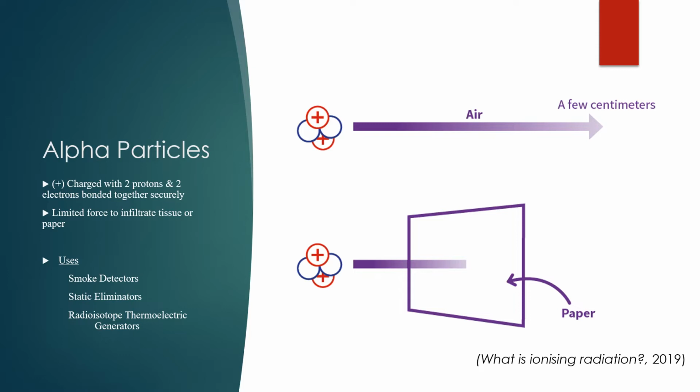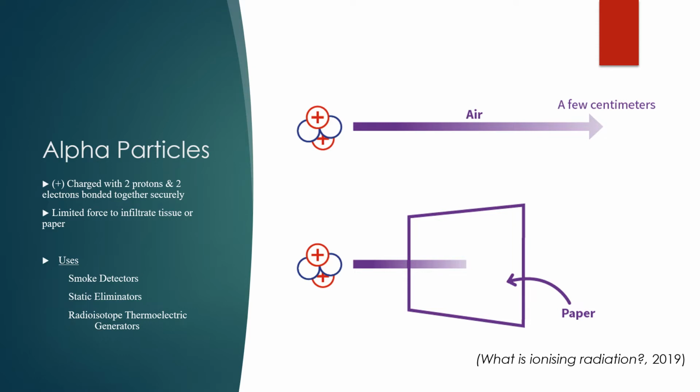First, we'll talk about alpha particles. Alpha particles are positively charged and consist of two protons and two electrons. They travel through air and they receive a hard stop when trying to pierce thin paper or tissues. When it comes to uses, we see alpha particles used in smoke detectors, such as when the